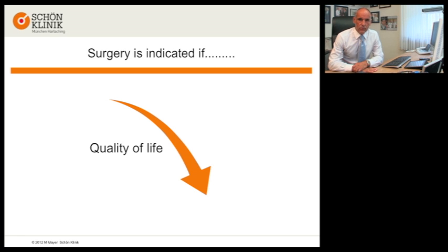We all know that in the treatment of degenerative lumbar spinal stenosis, the symptomatology plays an important role when it comes to the decision which type of treatment is adequate for the patient. And we also know that all these patients who suffer from leg symptoms and claudication also suffer from low back pain. And if we look at the prevalence of low back pain associated to lumbar spinal stenosis, this is very